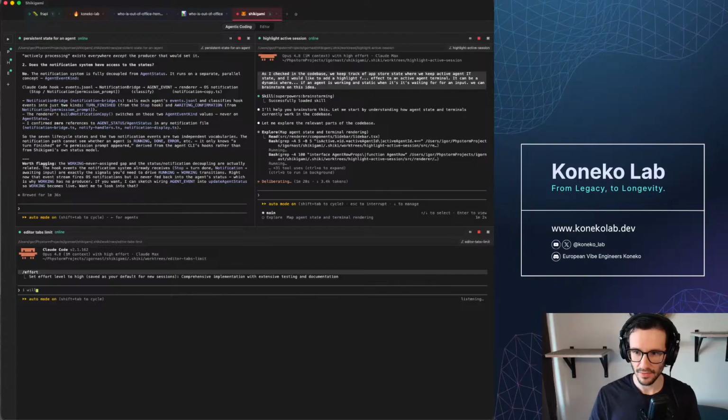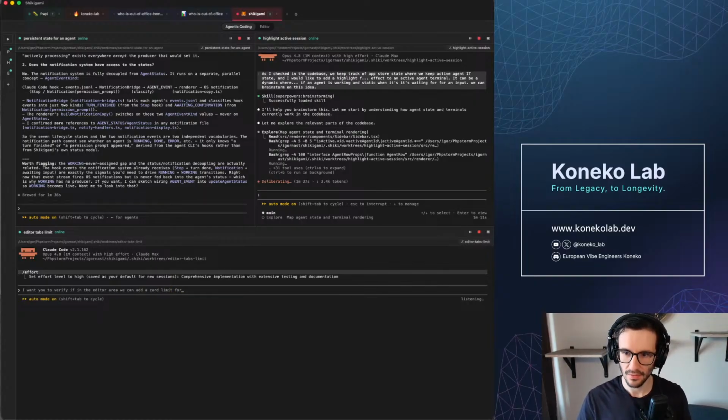I want you to verify if in the editor area we can add a hard limit for opened tabs in the editor. We are not a card, but hard limit.